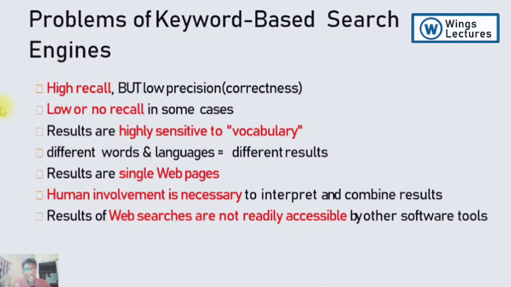Next, while talking about sensitivity, it completely depends on what vocabulary you are giving to the search engine, right? In this world there are so many languages and so many words, and everyone uses their own language, so it is very difficult for the machine to bring out the result you are looking for. Human involvement is important; without it you cannot go forward. We still think artificial intelligence exists in this way, right?